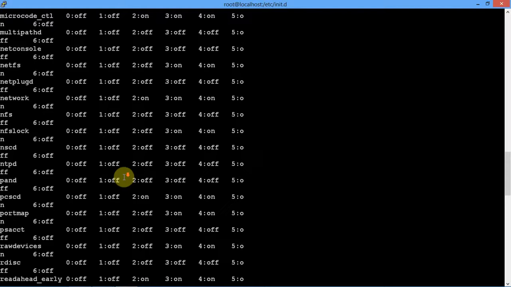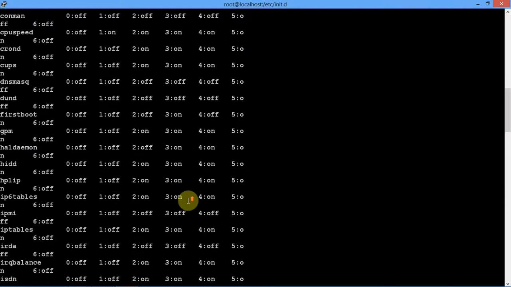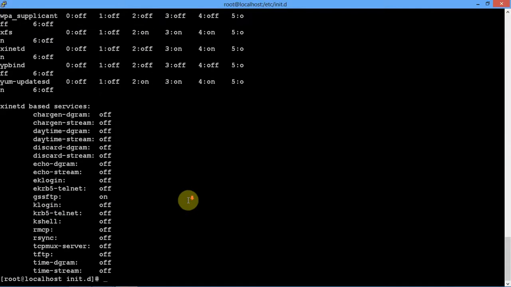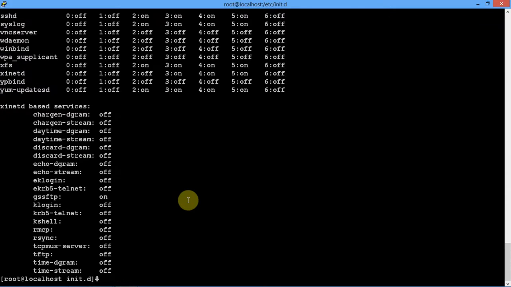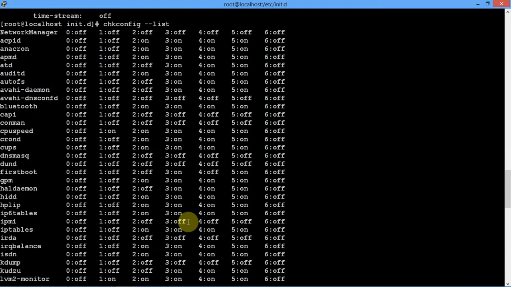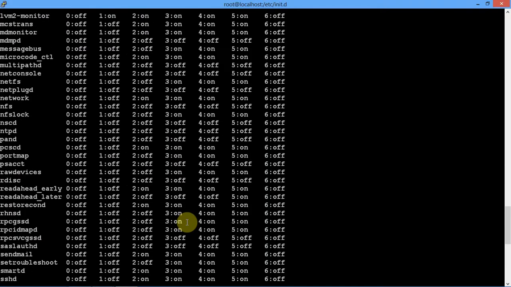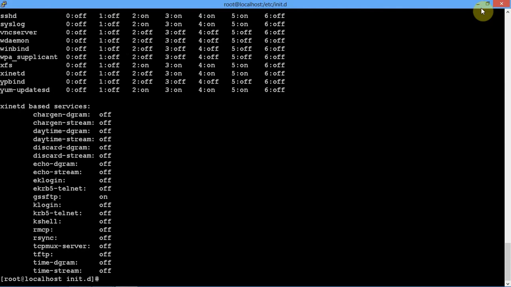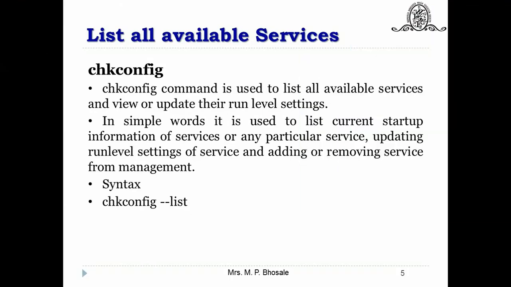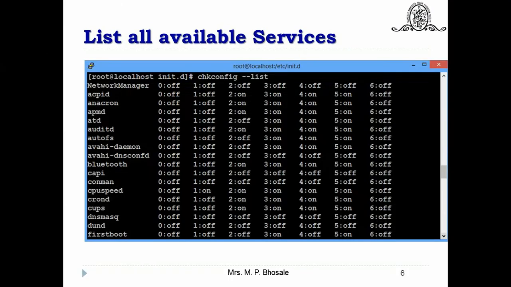You can also see their values like off and on. Once again we do this, and here is the proper output of this chkconfig --list command. Now moving to the next slide, this is the output we have just seen.